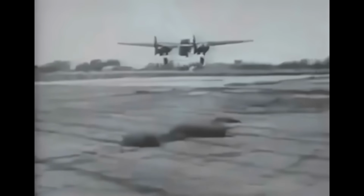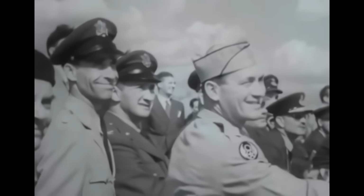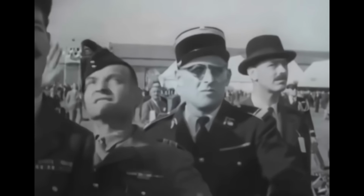The P-61's official public debut was quite dramatic. In January 1944, a P-61 performed a nighttime flyover of the Los Angeles Coliseum, filled with 75,000 attendees, as part of a new Army-Navy show. According to some accounts, the crowd couldn't see the plane and could only hear its engines